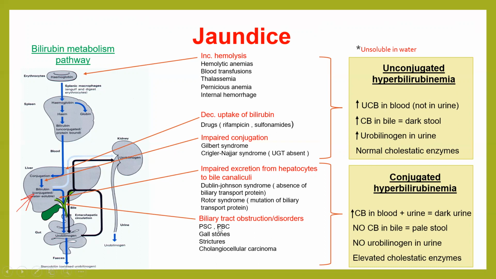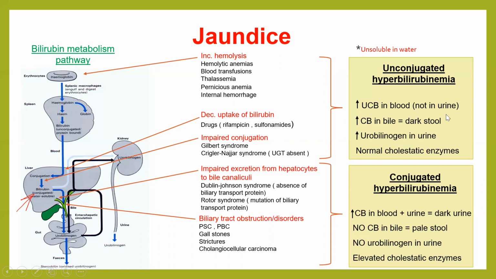Next up, we have biliary tract obstruction or disorders. Like I said, I've already explained primary sclerosing cholangitis and primary biliary cholangitis. We can also have obstruction due to gallstones, strictures, cholangiocellular carcinoma. And since all of these causes are after the conjugation process, we can have an increase or elevation in conjugated bilirubin in the blood. Now, to further explain this, we have in these disorders an increase in unconjugated